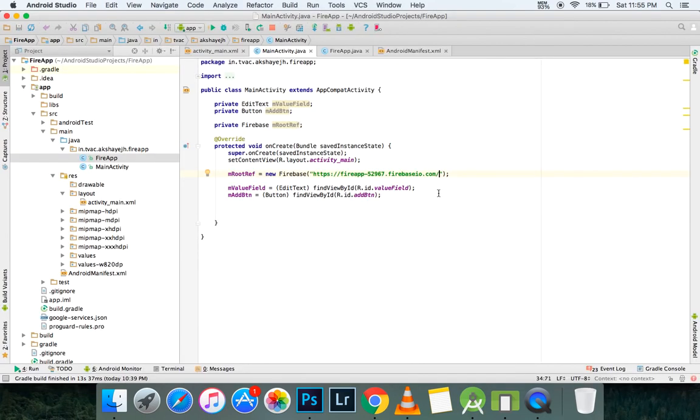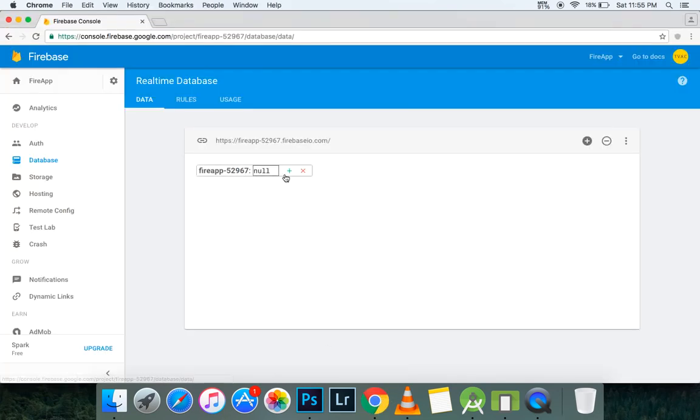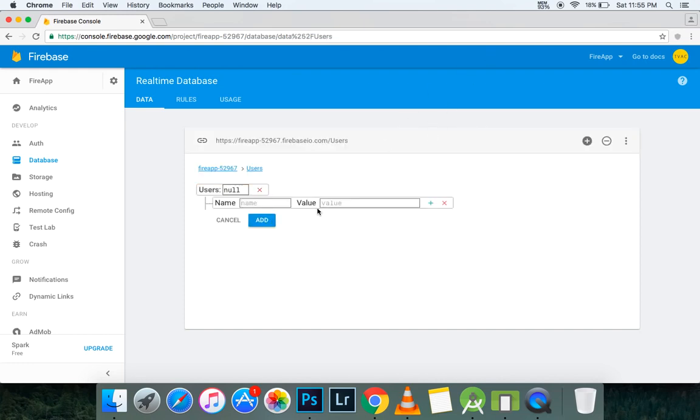So let's do it here. Instead of adding a child to this one, I'm going to just directly type in users. It's the same thing as when you type in add it here. Instead of adding it here, you can type it here. So that way we are creating an object. Now inside users, you can add like name,